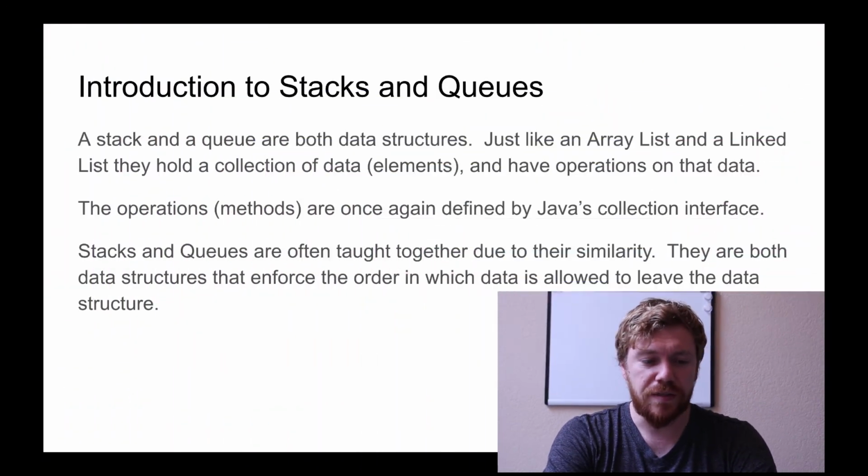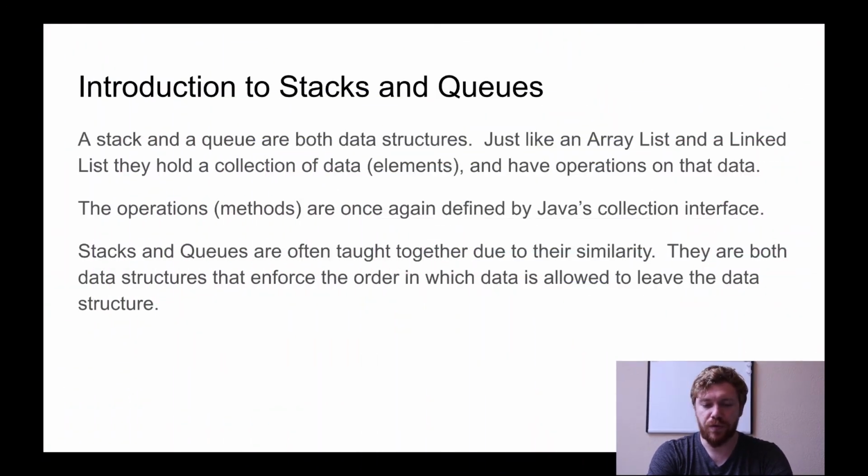So if we go to the slides, a stack and a queue are both data structures, just like the array list and the linked list that we previously covered. And just like an array list and a linked list, they hold a collection of data or elements, and they have operations on that data. And these operations and methods are once again defined by Java's collection interface